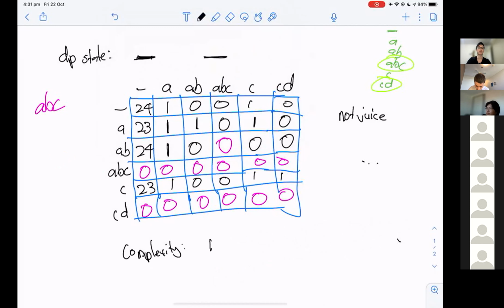Well, there's 100 prefixes, so 100 rows times 100 columns times 26. And then we're going to find the biggest prefix, which we add times 100, and then check what word it is, which we add times 100 for that. Even in this case, our complexity is only like 26 million, which is fast enough because the time limit is 5 seconds.